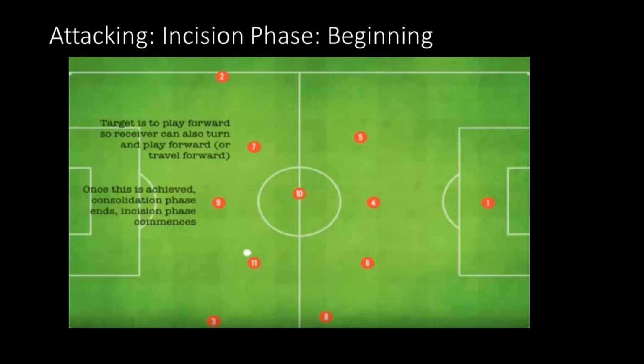So where number 11 has the ball and is able to turn and face and attack the goal, that's the time we really need to try to break lines and attack the other team. Now, it could be anyone in that position that receives the ball. It doesn't have to be number 11. It could be number 10. It could be the supporting forward, number 7, number 9. It could be the 2 outside backs, 2 and 3. But that's the area where we start to attack. That's where we need to start thinking about it and getting those numbers forward. So where 11 has it is a really good point to think about, hey, that's when we should get at the other team and think about the incision phase.